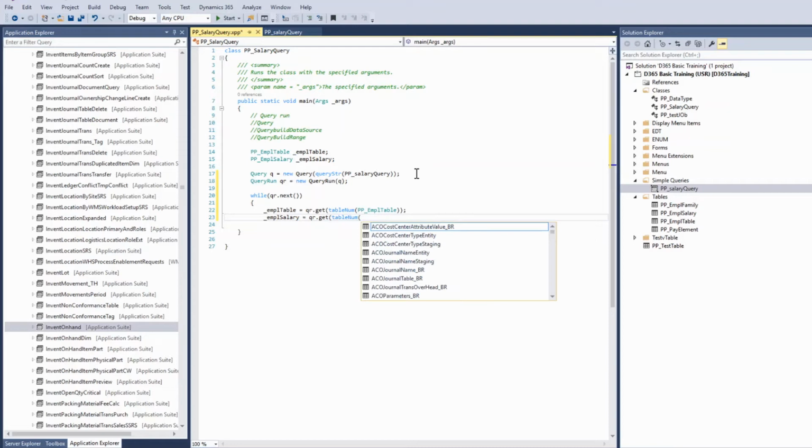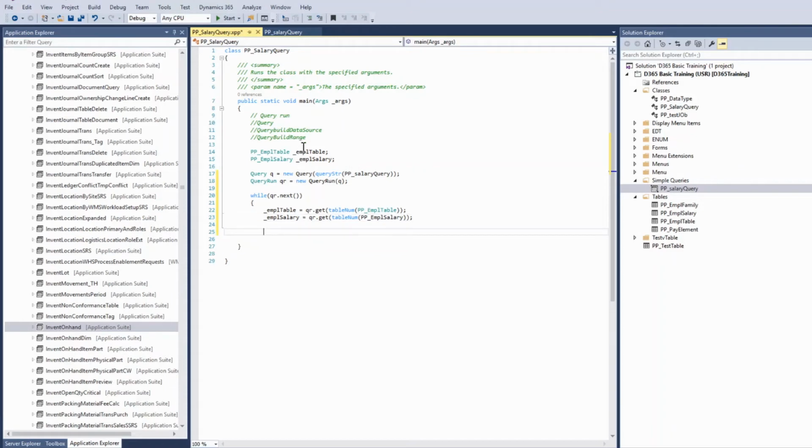So from the query I am giving the value to the buffers. Salary, now we created two table buffers. In this buffer, from the query we have assigned the value from the impl table and impl salary respectively.